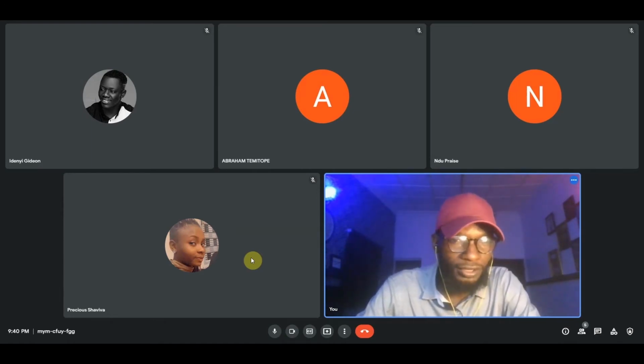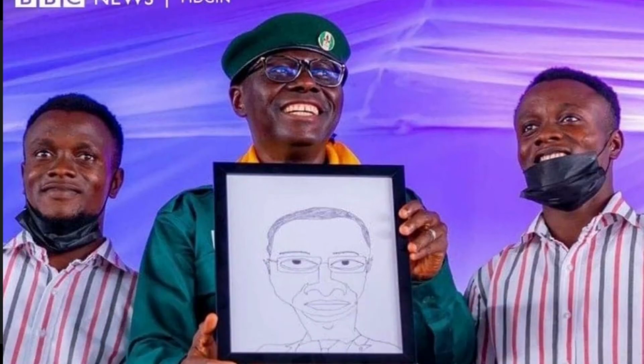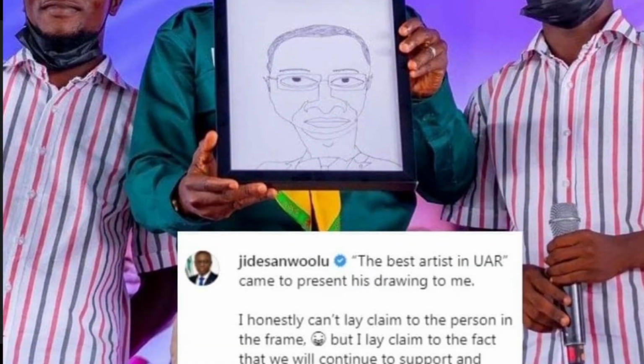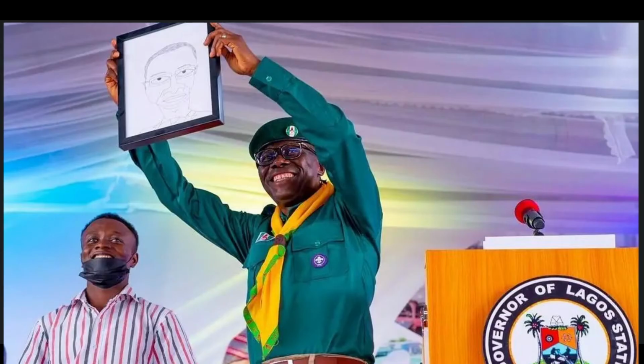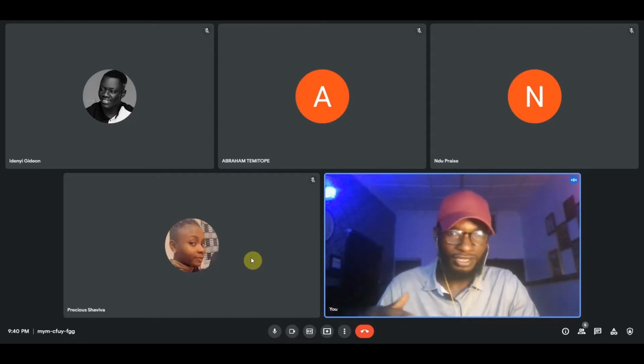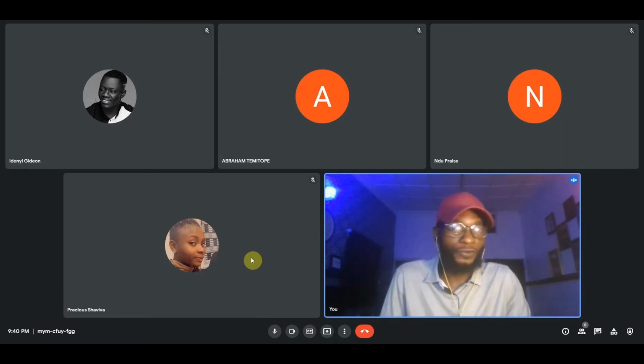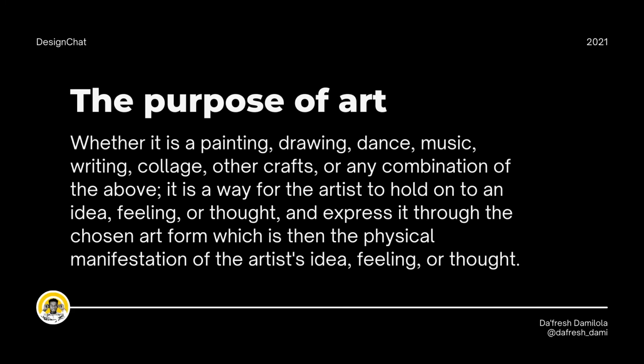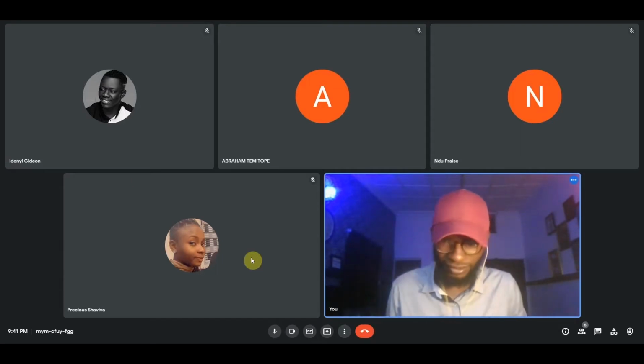Another example is, if you are paying attention to the trends, you would have seen this guy called Bodatayoni Akuya, right, that drew the Lagos state government. He just made a caricature of him like this, and he started carrying it up and down. That is art. Yeah, you might say it is imperfect, it's not properly drawn or whatever, but it has fulfilled the purpose of art. Art is just for fun, right? So everyone was happy about it. It's not for anything, and that's just it.